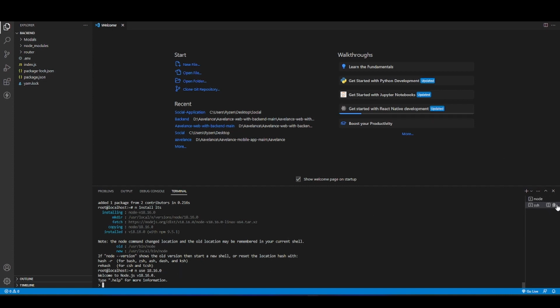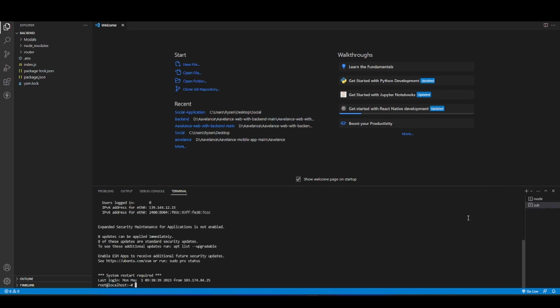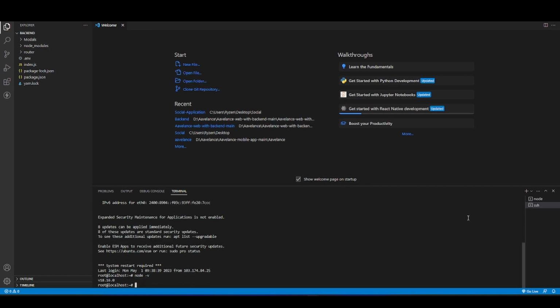and we need to exit this. Again, let's log in. Yeah, so now let's try node -v, and we got our latest Node.js version. Okay, so now we also need to install our Yarn, because we build our